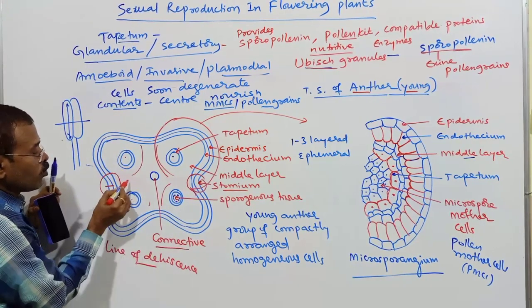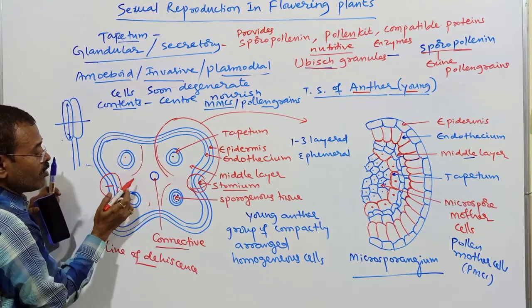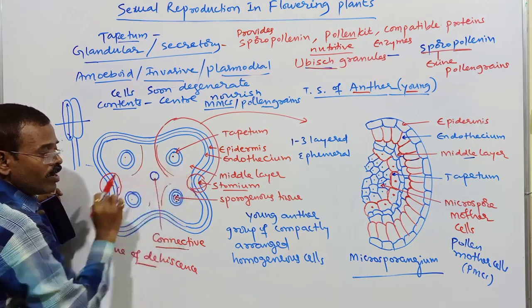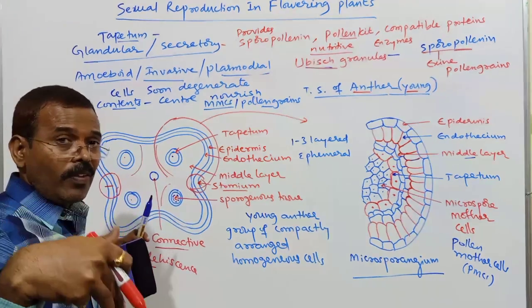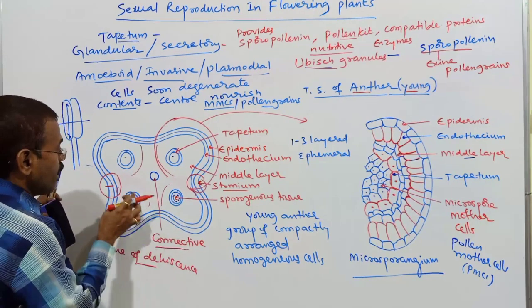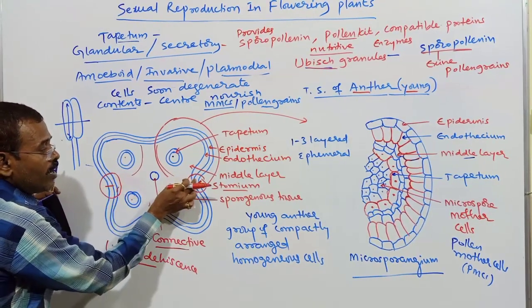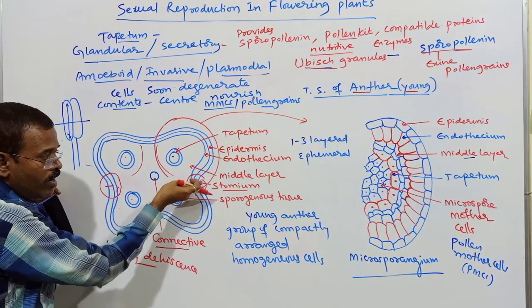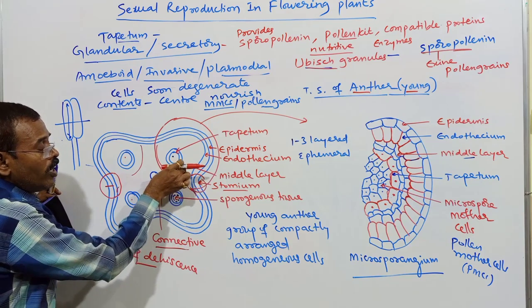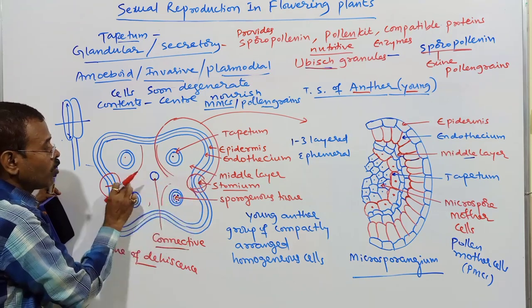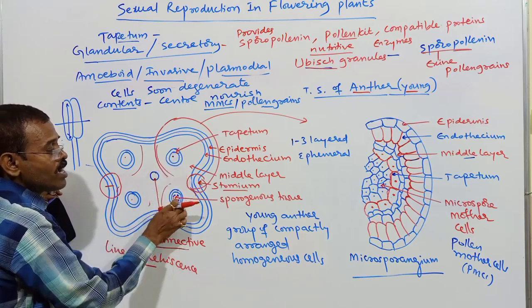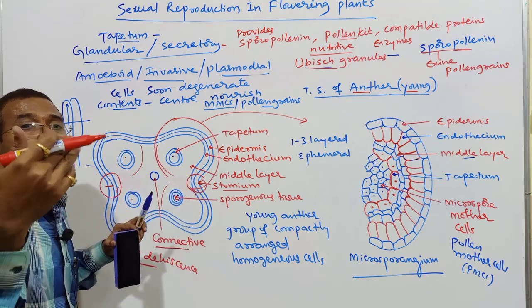Each microsporangium is separated from the others due to the presence of a few layers of cells which form the sterile part here. On maturity of the anther, the line of dehiscence will break, it will dehisce, and even the sterile tissue which is joining one microsporangium to another will degenerate. As a result, both these microsporangia join and appear like a single microsporangium.